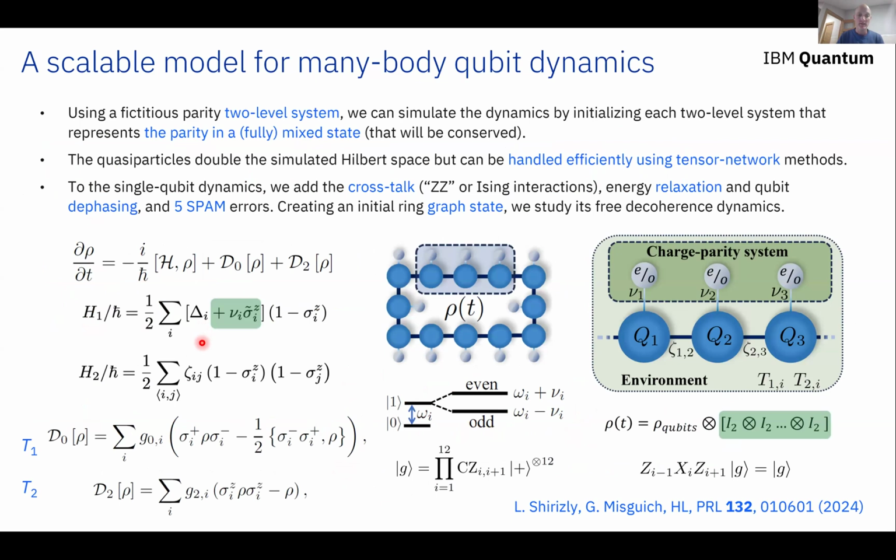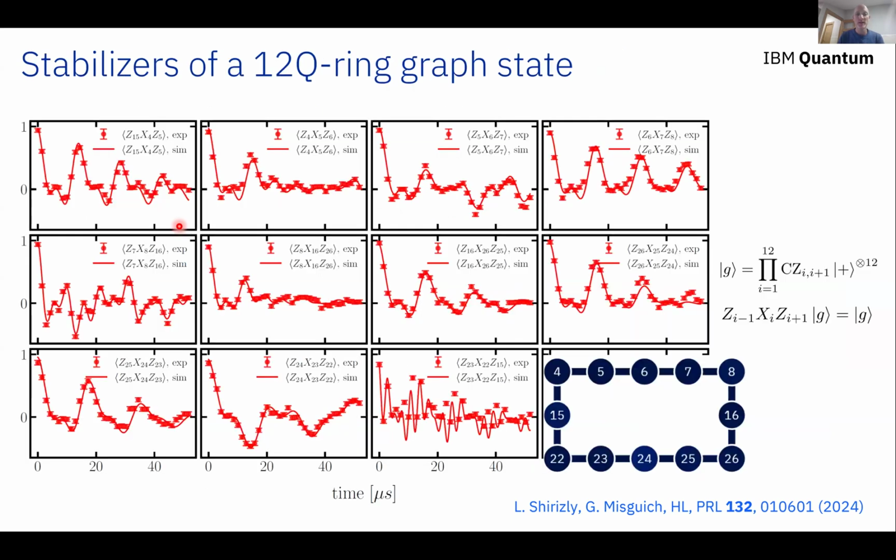Let me go back. The single qubit parameters, the 2-qubit crosstalk, the incoherent parameters, T1, T2, are measured and characterized for each qubit separately. And something that I didn't mention: the state preparation and measurement parameters, which include each qubit's initialization error, because each qubit starts in a state which is close to the ground state, the 0 state in the Bloch sphere, but can deviate from it slightly due to initialization errors, and also readout errors, which give another 2 parameters. And all of these characterized parameters are being fed into the simulation, and we see for most stabilizers,